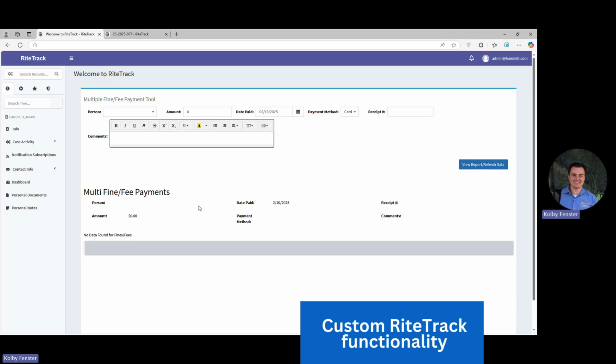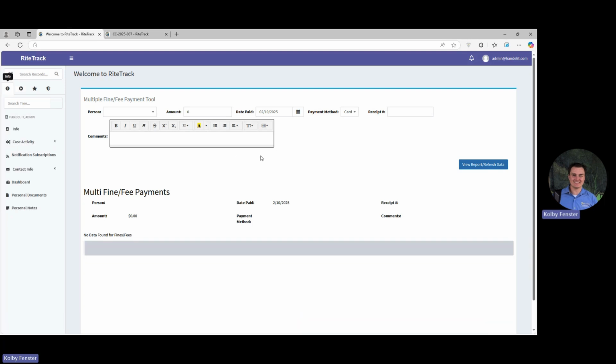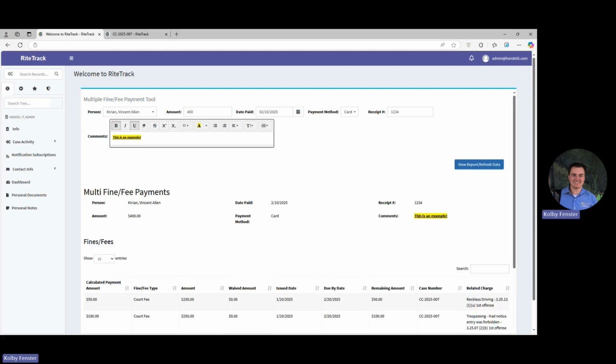This tool was created to be a report and a dash tile, meaning a user can access it via the global reports dropdown and/or their dashboard if they've set it up to be a dash tile on their home screen, which I have. A user just has to type in a person's name, enter in the amount that the person is paying, and enter in any other payment details relevant to this payment. Done, they will then just have to click on this View Report Refresh Data button,